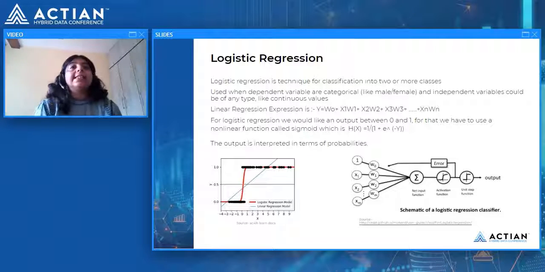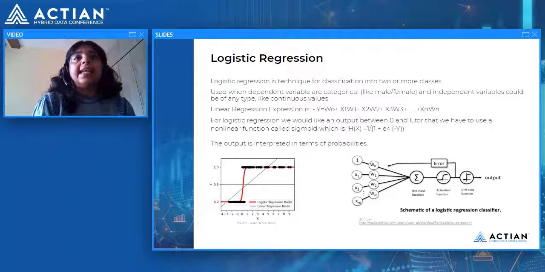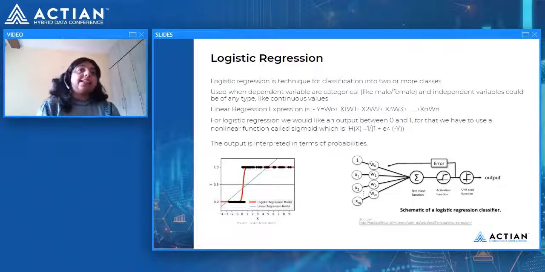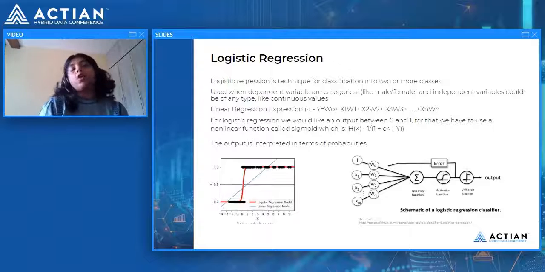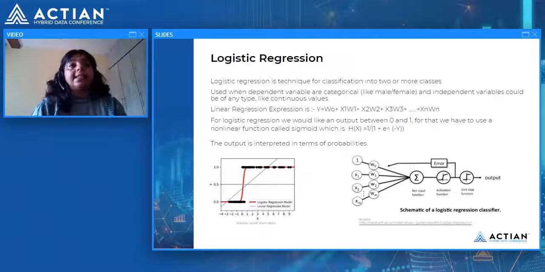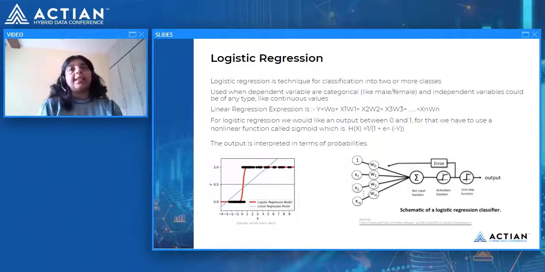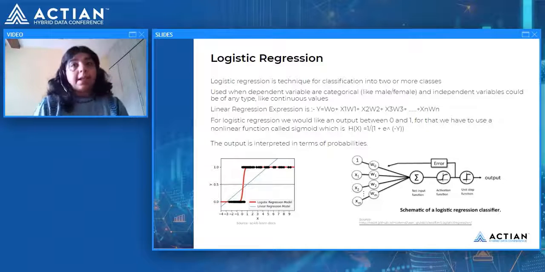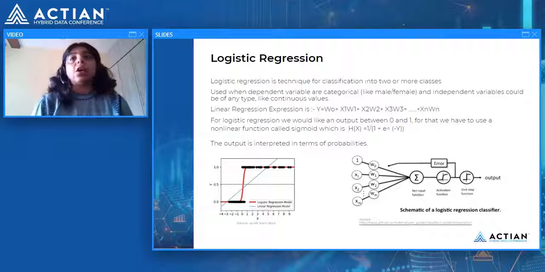So when the data is of this type, divided into exactly two kinds of sections, then logistic regression comes into the picture, and it is very handy because that is how it classifies things. It simply gives you an S-curve, and you would easily know what data point is following that S-curve, and you can easily classify it. On the right hand side, I'm simply showing what exactly logistic regression is doing.